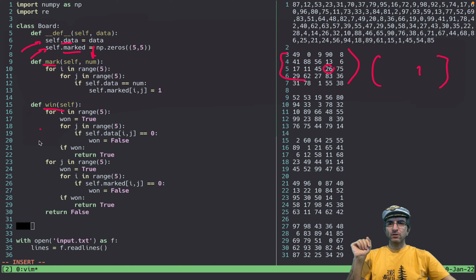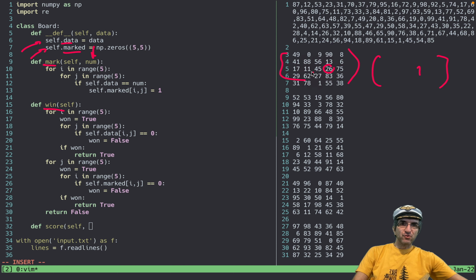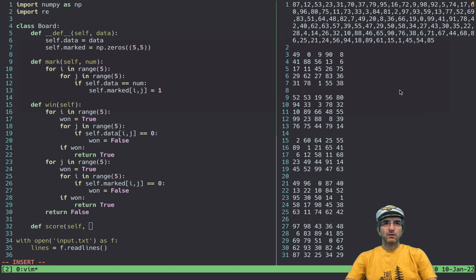I defined the win. I have to define the score. Def score gets self and a number, because the score in this question was whatever is not marked. If the board is winning, add all of these and multiply them by the last number called.